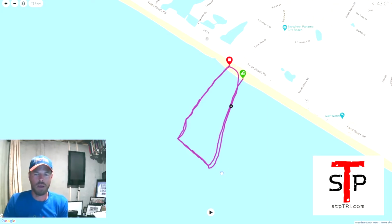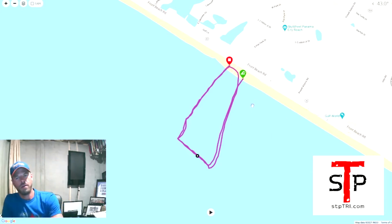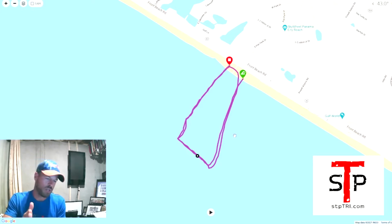I mean, you could see from my course here, I did get pushed off a little bit, but on the second loop, I went a little bit wider, and I'll go over the strategies I implemented on that second loop just to make it a little more tolerable. So that first loop, everybody was going wide, over to the east of the line they should have been on. And actually, the best, cleanest line with the least amount of people was trying to swim basically the buoy line. That second time, I just went buoy to buoy,